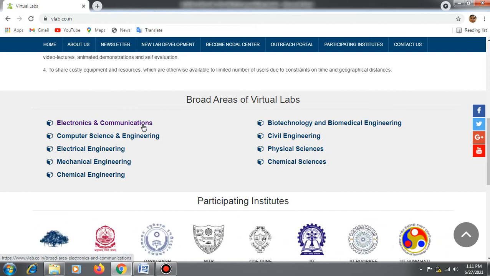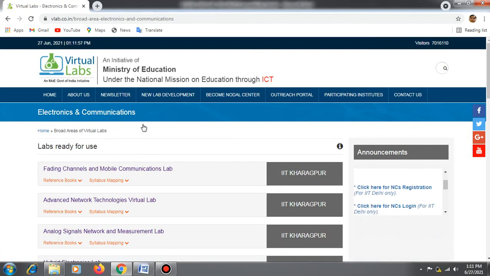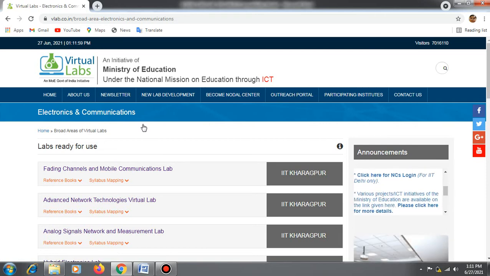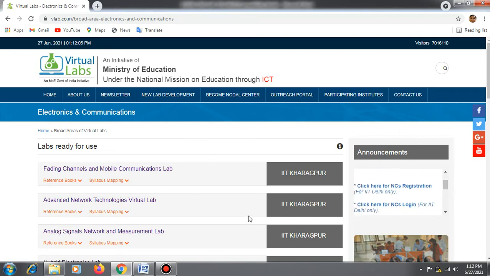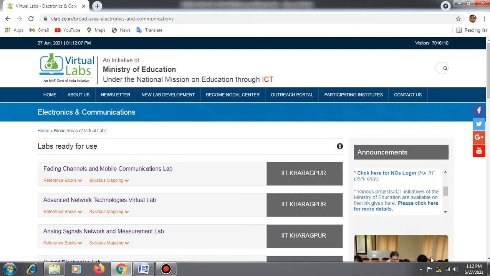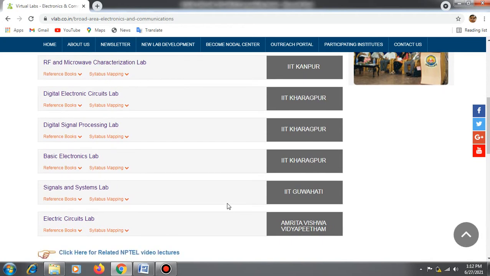So you have to select electronics and communications. Once you select this branch, you can see there are lots of laboratories developed by various institutions, especially IITs. In that you have to select basic electronics lab.